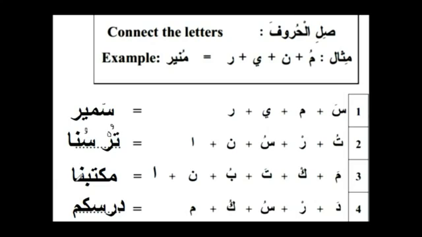It's not a connector, but since the letters coming before it are all connectors, they can connect to it. We should have put the fatha on top of the meem, the sukoon on top of the kaf, the fatha on the ta,